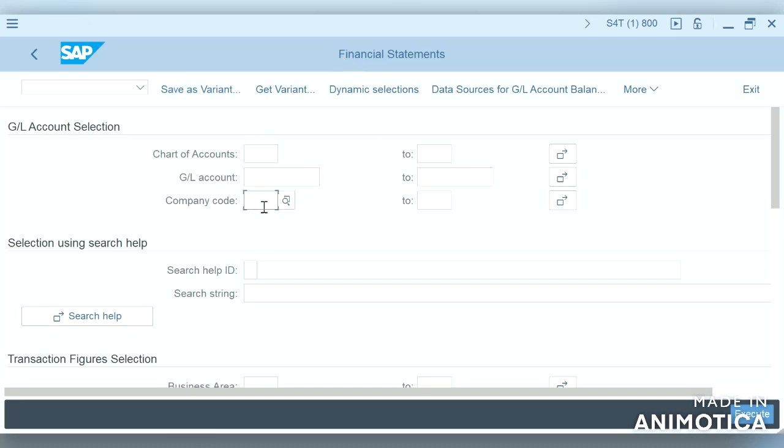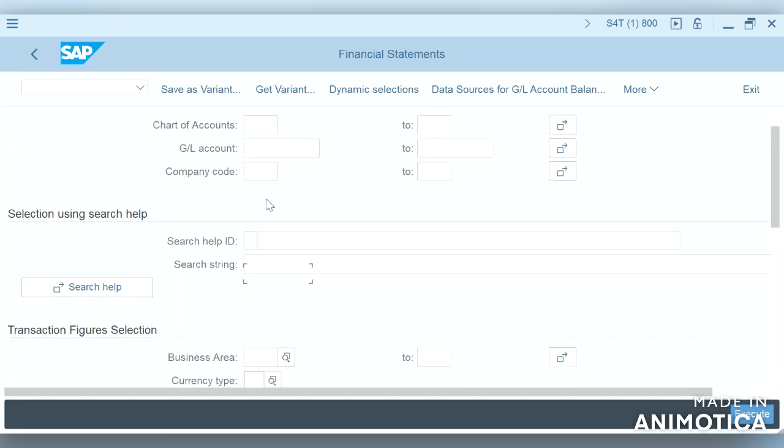The financial statement version is based on chart of accounts level, so we can generate the statement based on chart of accounts, and if we want to generate statements individually, we can even generate based on company code.